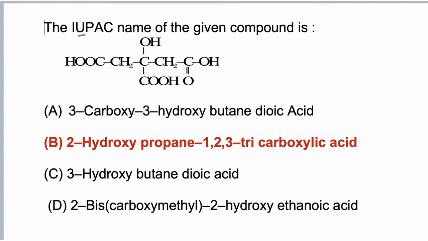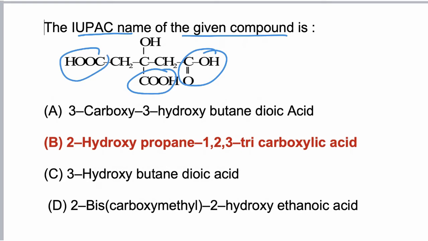In this question, we have to find the IUPAC name of the given compound. Now, this molecule has more than 2 carbon-containing functional groups directly attached to the main chain. And if more than 2 carbon-containing functional groups are attached, then their carbon is not included in the main chain. So now the main chain is of 3 carbons. At the second position, OH is present. For OH, the prefix hydroxy is used.